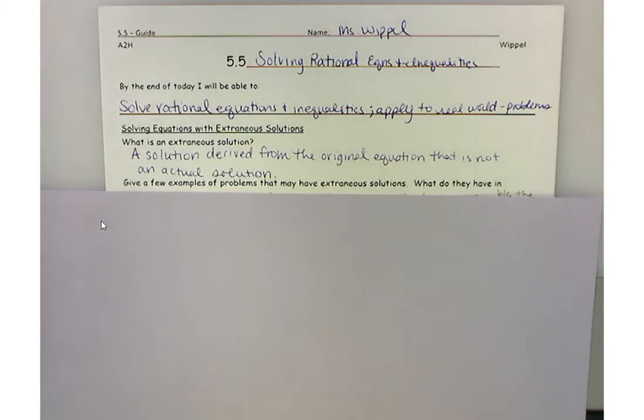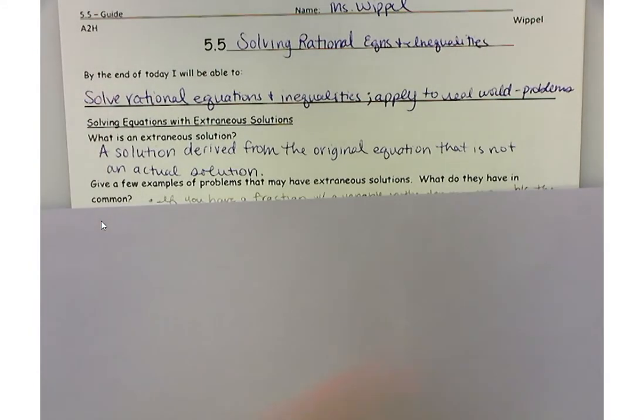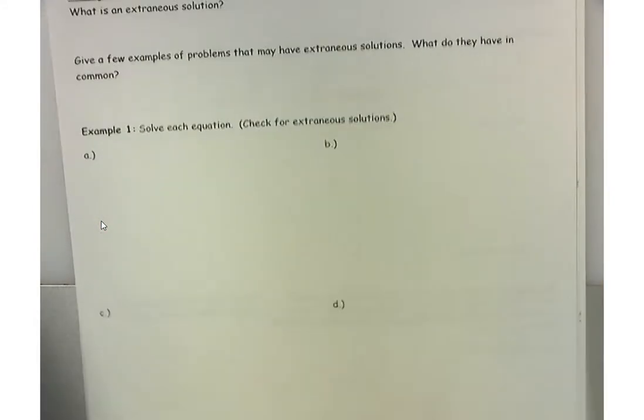All right, so section 5.5 is about solving rational equations and inequalities. First we're going to focus on solving equations today, and then we'll talk about inequalities last and do some problem solving. So an extraneous solution is a solution derived from the original equation that is not an actual solution. So I said give a few examples of problems that have extraneous solutions, and then what do they have